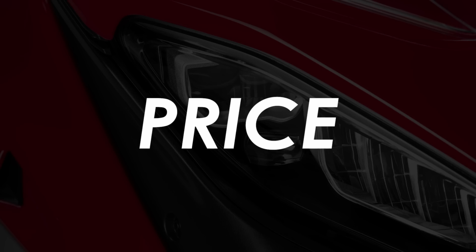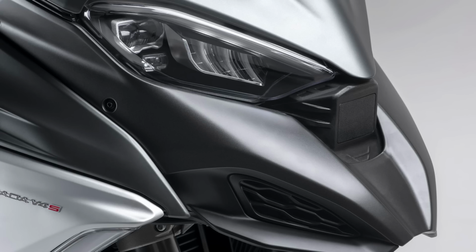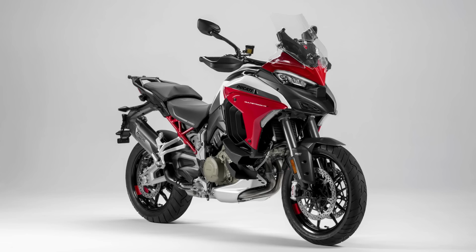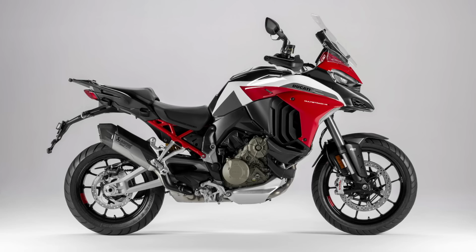As for price, the Multistrada V4 starts at £15,495, with the S model including electronic suspension, cornering lights, a bigger dash, better brakes, keyless ignition, a quick shifter, cruise control and hill start control at £18,395. The range-topping S Sport gets its own snazzy paint job, an Akrapovič slip-on and a carbon front mudguard on top of the specs of the V4S, and that starts from